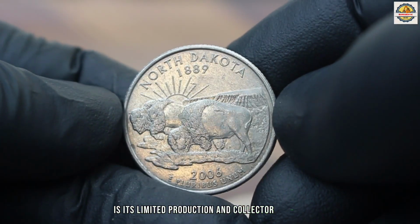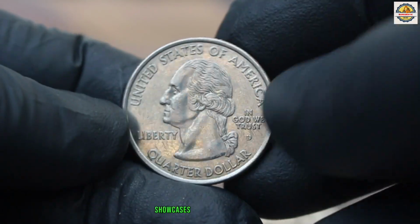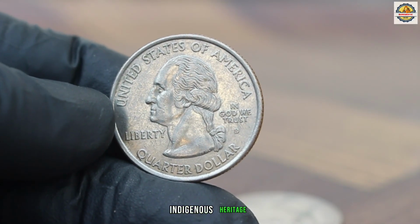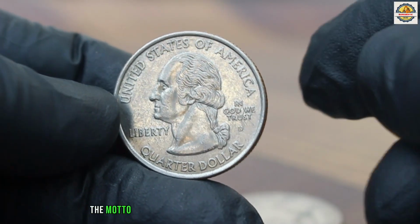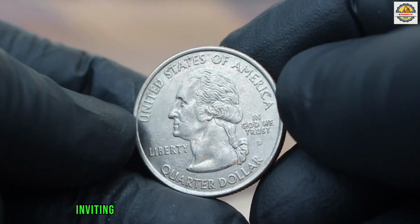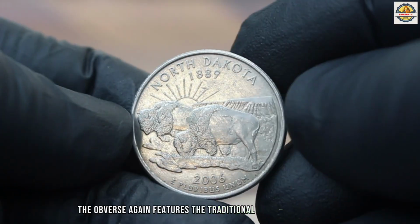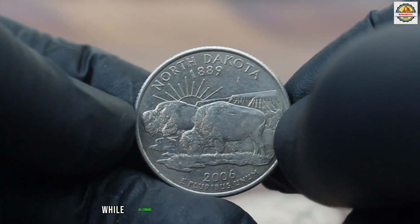production and collector demand. The reverse design of the North Dakota quarter showcases a Native American on horseback chasing a herd of buffalo, reflecting the state's rich indigenous heritage and the importance of buffalo to the Plains culture. The motto, "Discover North Dakota," is prominently displayed, inviting a connection to the state's history and natural beauty. The obverse again features the traditional Washington portrait, grounding the coin in the national series while allowing the reverse to